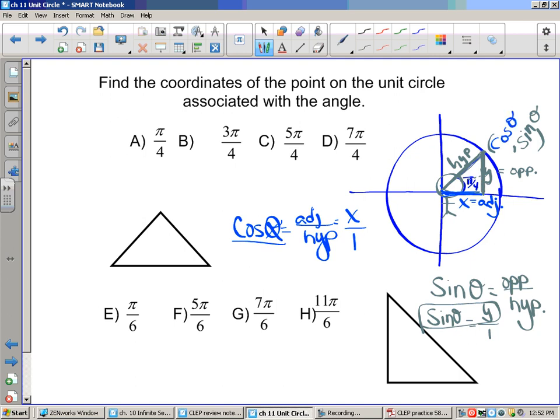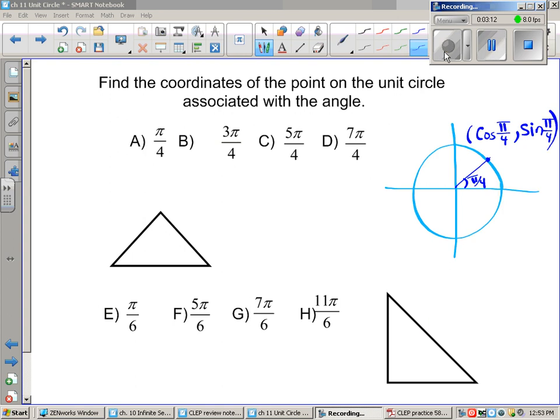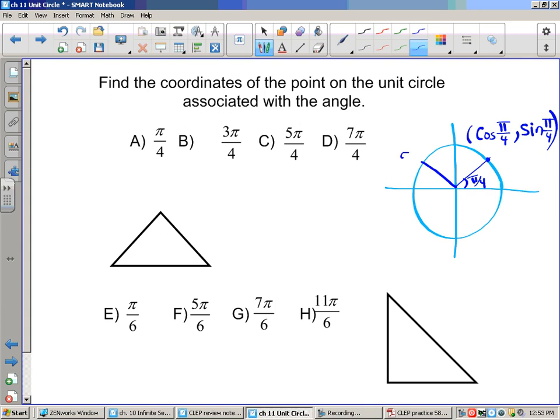Now, one way to remember that is they're written alphabetically. In other words, cosine, C comes before S, x comes before y. So hopefully that helps. If I know what the cosine of the angle is, then I know what that x value is. So let's think through what that looks like. Cosine of pi over 4, comma, sine of pi over 4 would be the coordinates of that spot. And we could go all the way around this circle and do the same for 3 pi over 4,